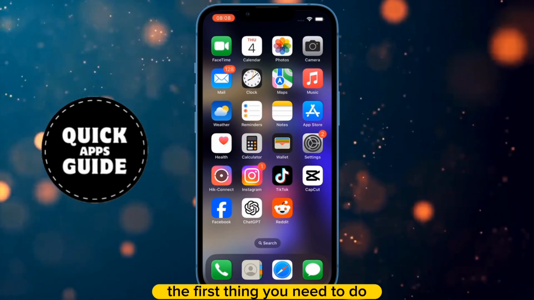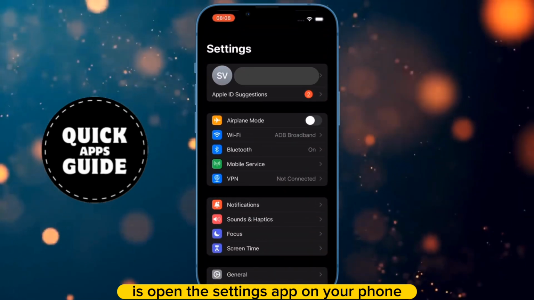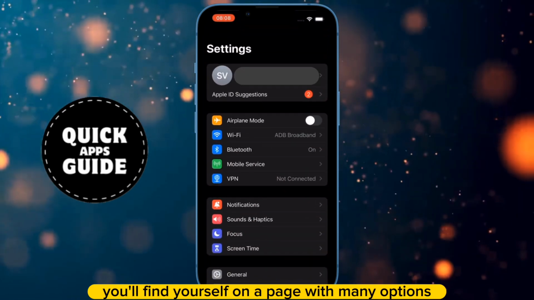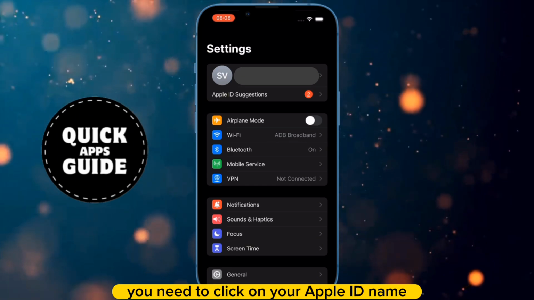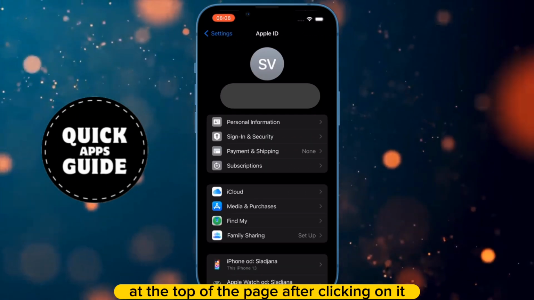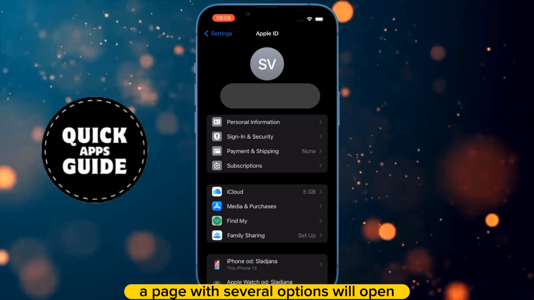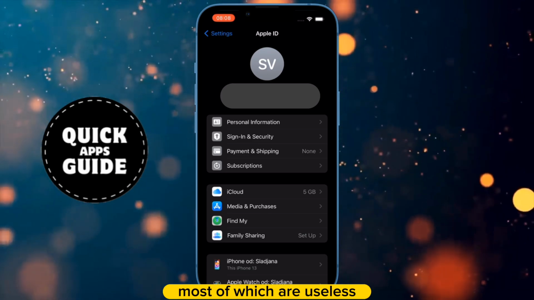The first thing you need to do is open the Settings app on your phone. Once you have opened Settings, you'll find yourself on a page with many options. When you are on that page, you need to click on your Apple ID name at the top of the page. After clicking on it, a page with several options will open, most of which are useless except for one